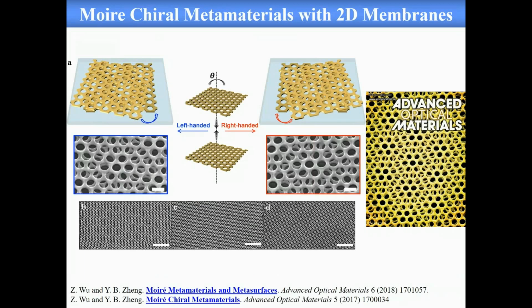Now, another example is two-dimensional. So from 0 to 1 to 2 dimensions, here is what Zheng has been working on. Two-dimensional materials have become very popular, from graphene to a lot of atomically thin 2D materials. But those nanoscale thin-film membranes also show very interesting properties, right? One example is with metals, a golden membrane, if we can create nano holes. So you can imagine here, instead of individual vacancies of atoms, now we have a nanoscale hole array in